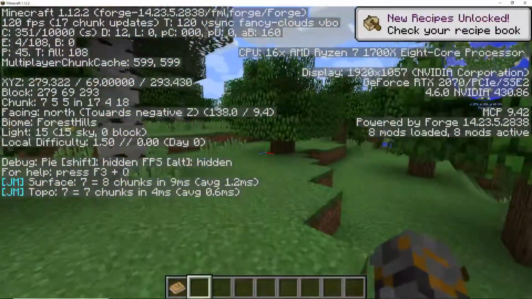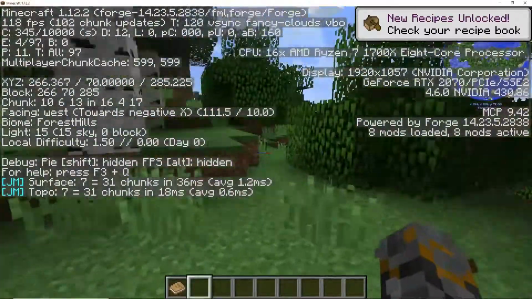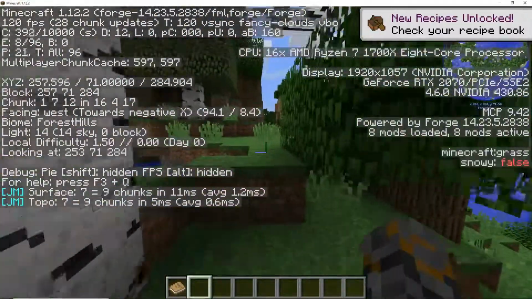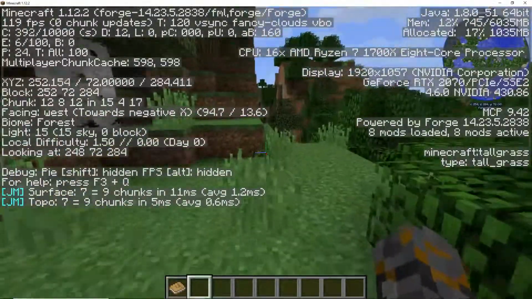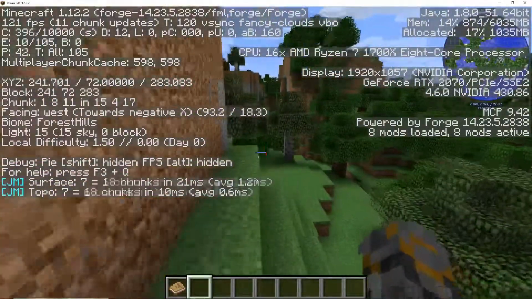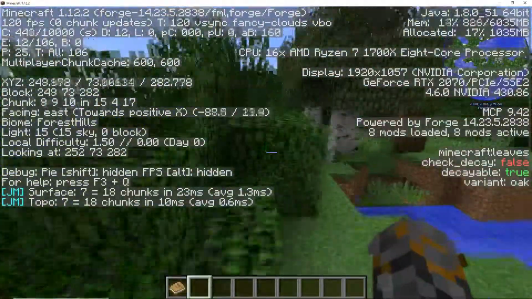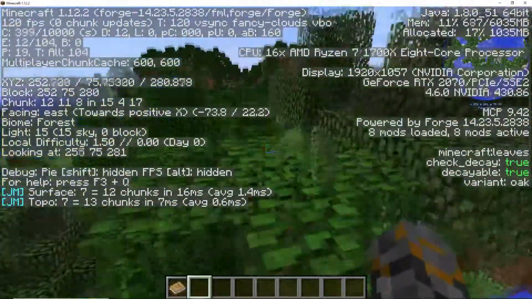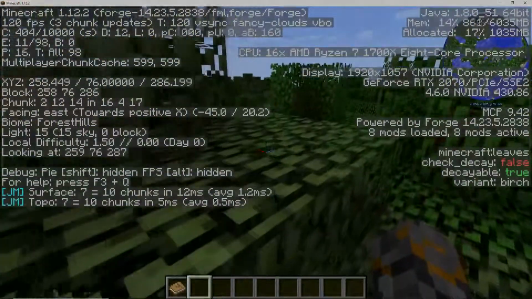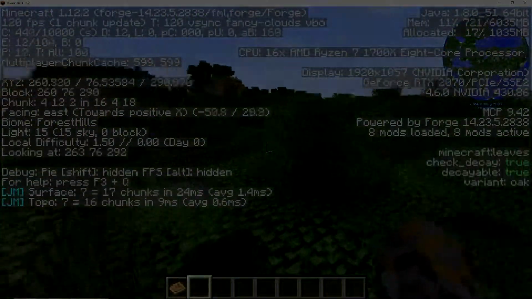If it goes up a ton, it's going to cause problems. It's probably a memory leak. You'll have to fix that, because otherwise your modpack will become unplayable after a while, and it might crash, become really unstable. So, well, that's basically how you can test it. Now, if I go back,